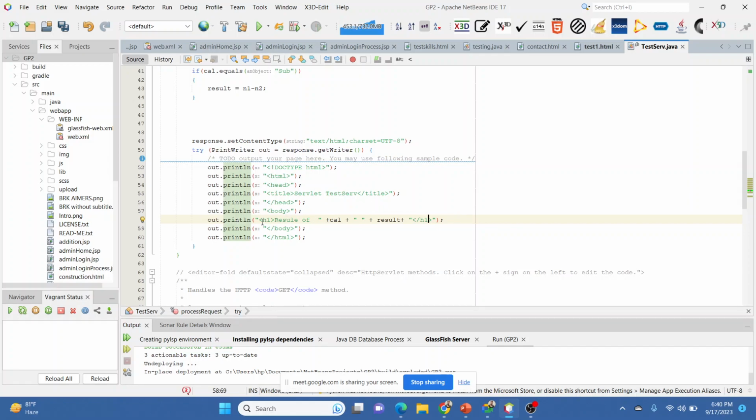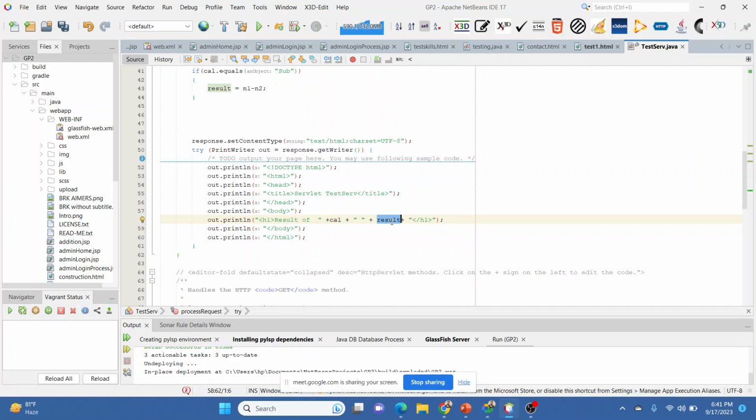So we are going to write result, the spelling is wrong over here. So result of calc. So in calc, whatever the user has chosen in the HTML part, addition or subtraction, it is going to print that. After that it is going to print the result.